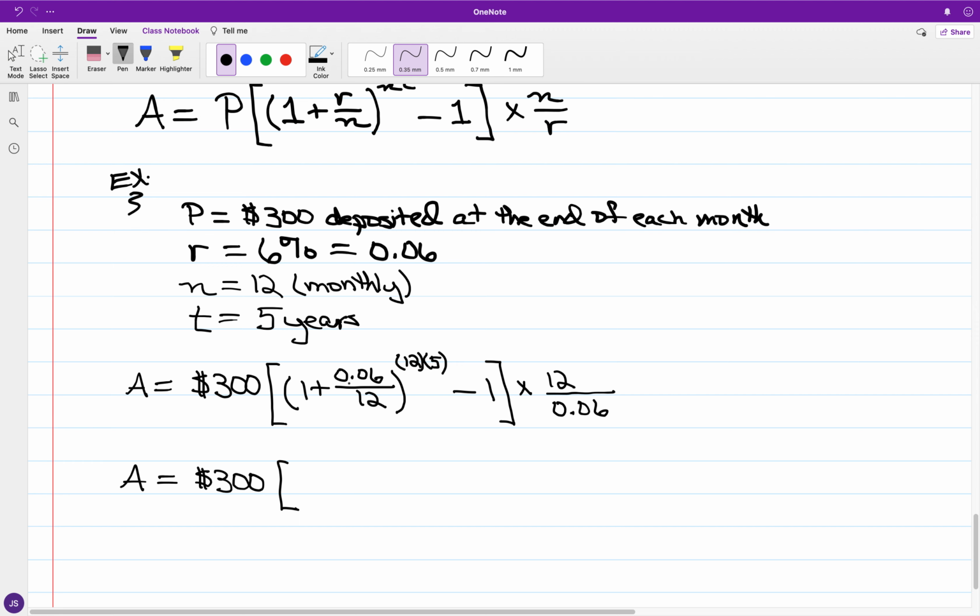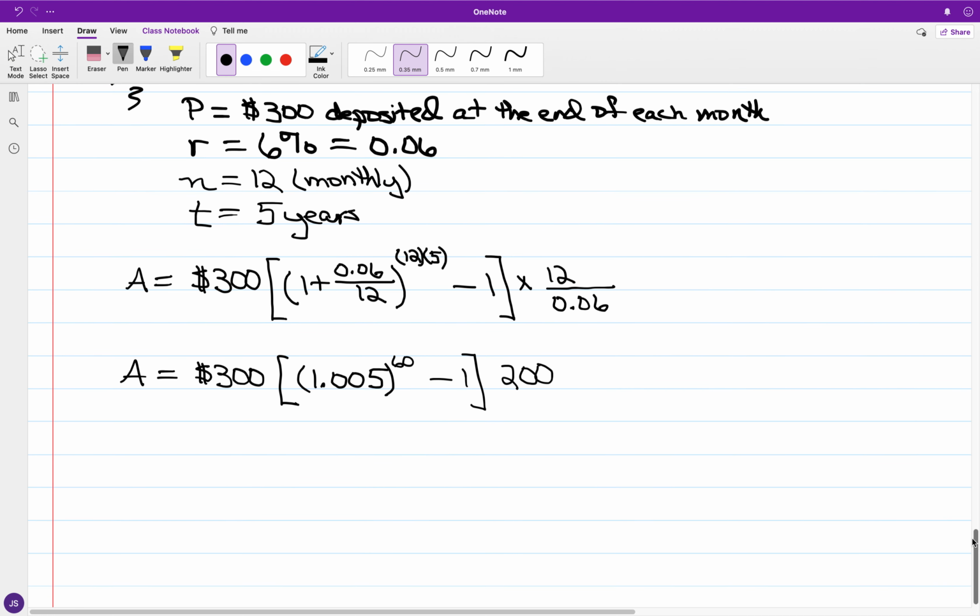So about 0.06 over 12 added to 1. So about like 1.005. And this will be to the 60th. You have minus 1. Now for 12 over 0.06, this reduces to a whole number at 200. And we got 300. Again, now for 1.005 to the 60th,